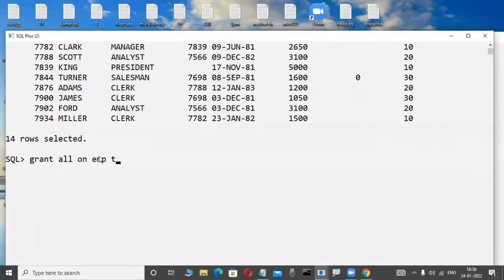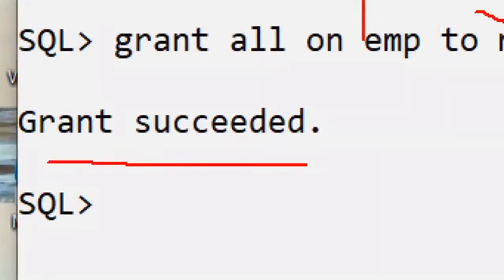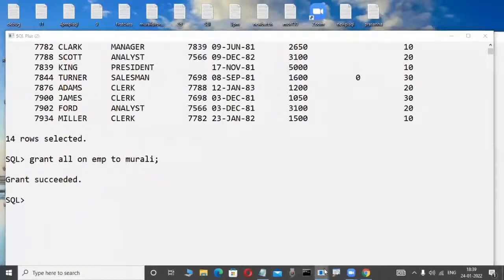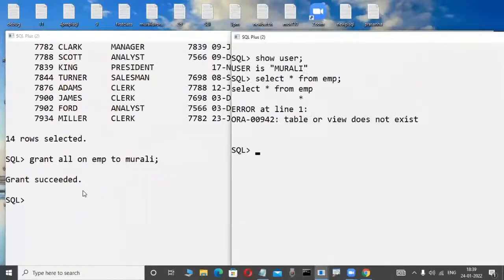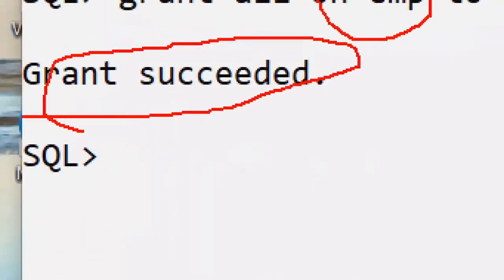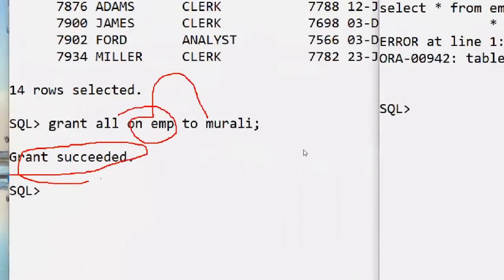Now check it out. They are giving some permission. For example, granting this table to the Murali employee. Grant is succeeded. You will be familiar with these things in the future. Logically tell me, once Scott gives permission to Murali and the message grant is succeeded is displayed in a relational data model product,